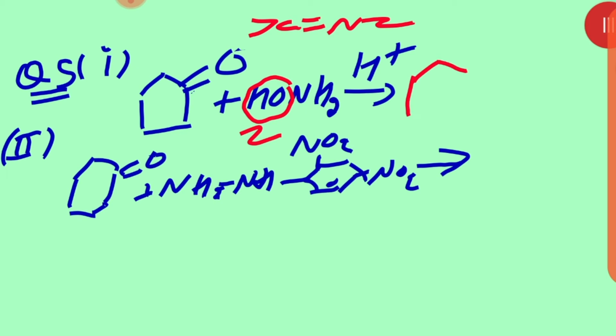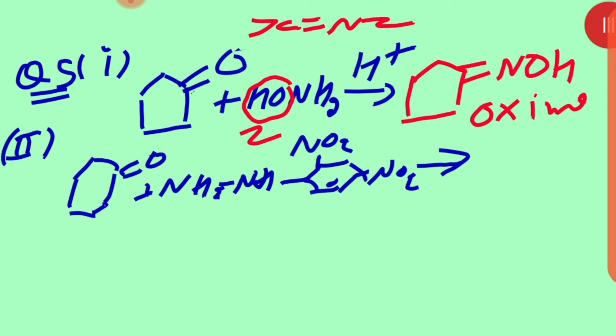See, this one will remain as it is, double bond NOH, आ गया याद, that is called oxime. I told you there कि C double bond NZ we are forming. बेटा ये C है सारा, this is a C. डबल बॉन्ड के बाद क्या लगाना, सिंपल NZ. Here Z is OH. Okay, now you see the second part.